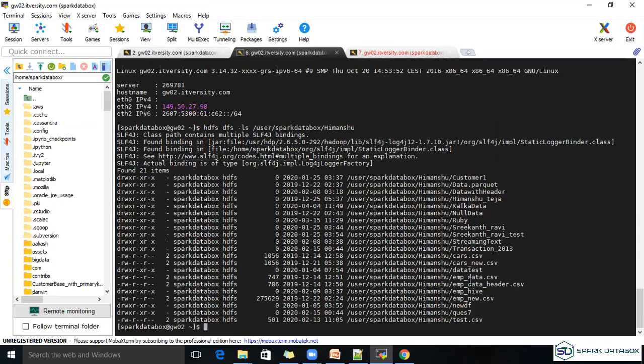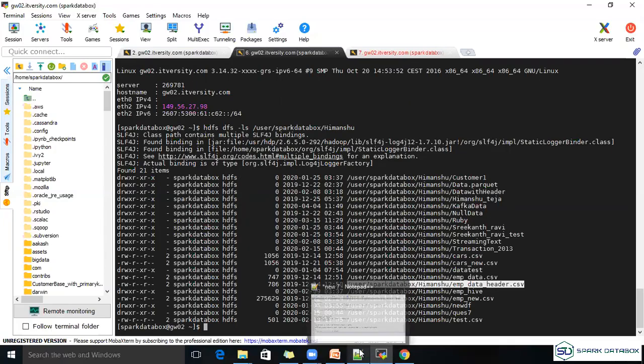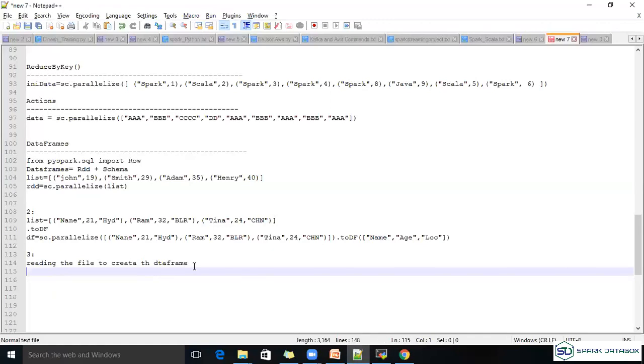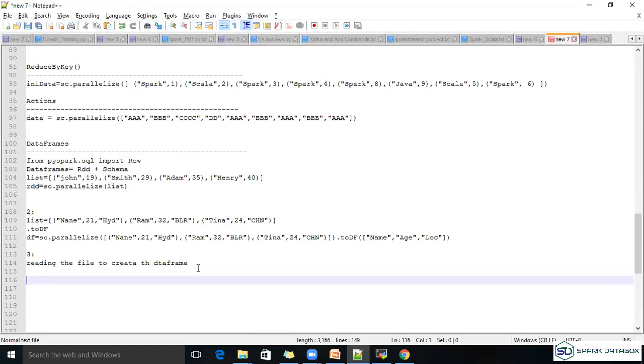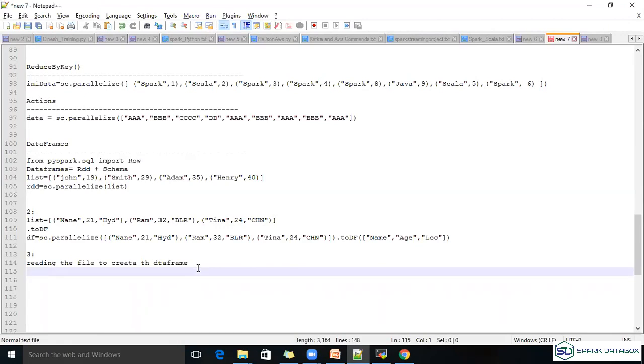So if you see here, I am having one file called employee header.csv. When you want to create the data frame using the file, let's say I want to create the data frame of employee data frame. So I will be passing the information using, let's name it as employee